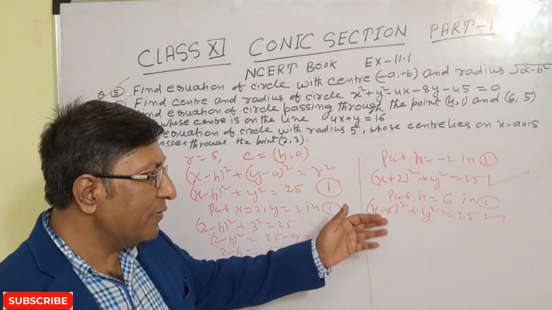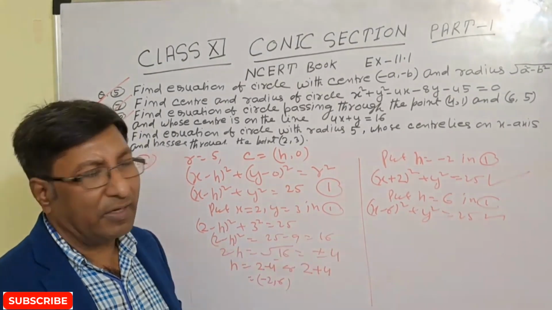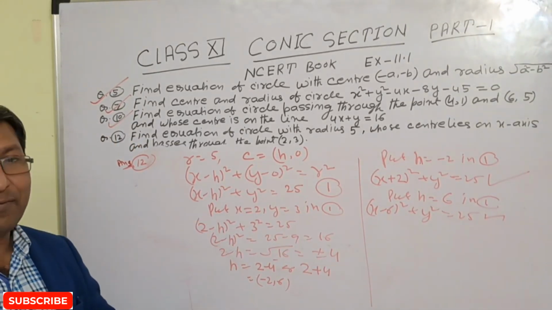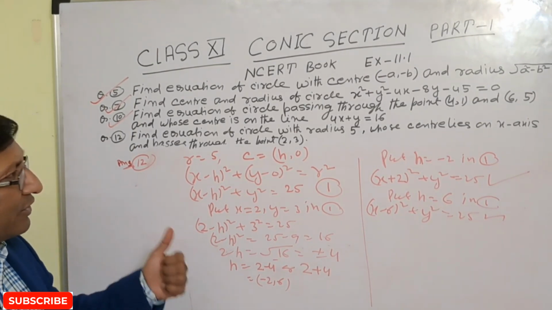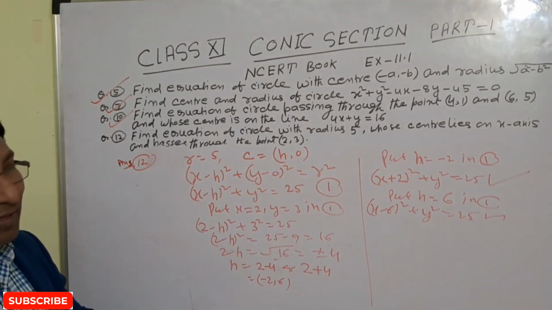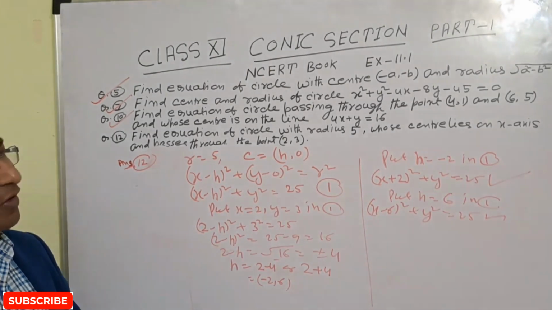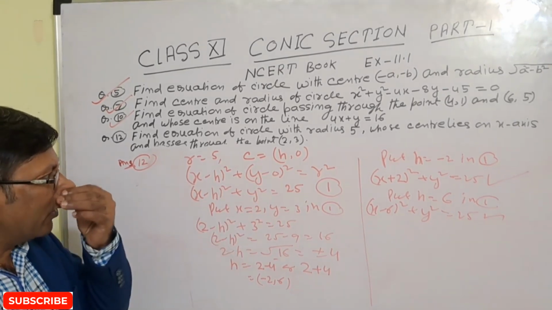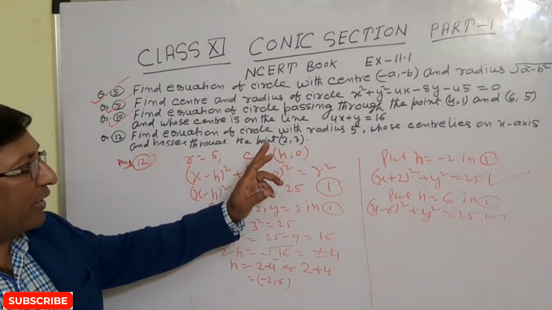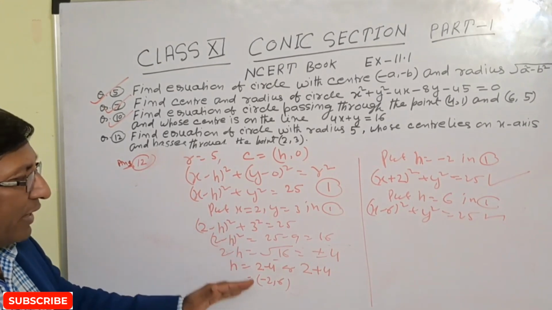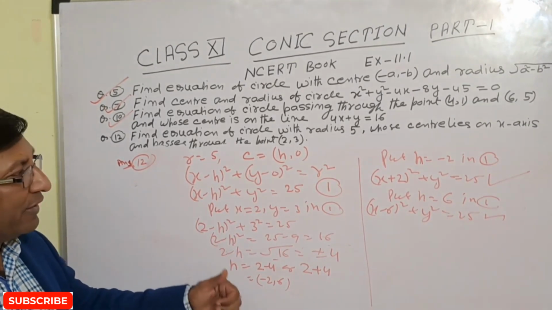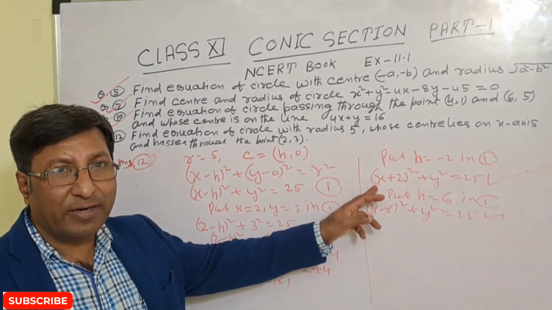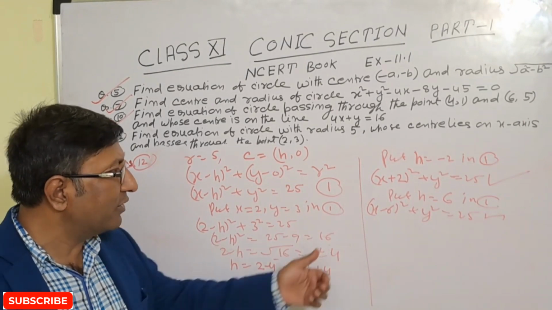If we expand, then we will get the expanded form of the equation of the circle. So this is a model question. When radius is given and center is given on the x-axis, then the coordinate will be (h, 0). If the center is given on the y-axis, then the answer will be (0, k), because on the y-axis the x coordinate will be 0. So this is the required equation. Now this circle passes through this point. Put x equal to 2 and y equal to 3, you will get the value of h. So the value of h is 2, so we will get two equations of circle. When we put h equal to minus 2, this is the required answer. If we put h equal to 6, this is the required answer.